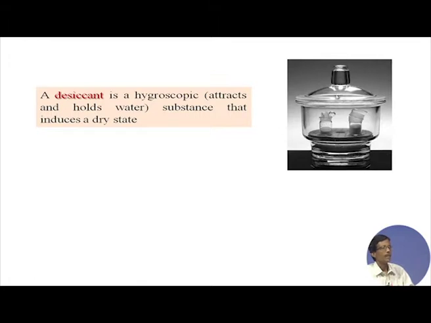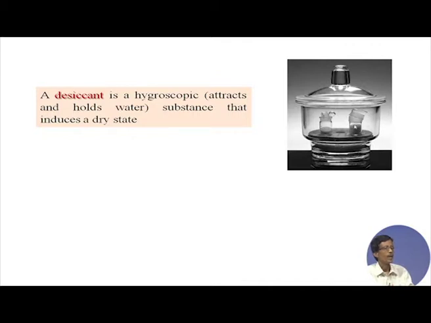So, you have the lid, which you can take out, and on the rim is the ground glass joining, and it is nicely greased such that no air and moisture can go inside. When we are not performing the weighing operation, you can put these samples inside the desiccator such that your potassium dichromate or oxalic acid can be kept in a dry condition, because otherwise, depending upon the environment,